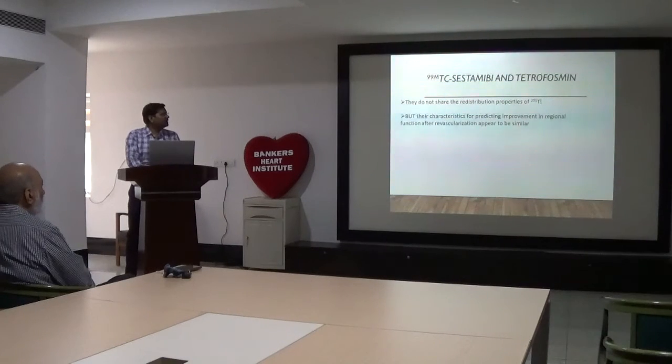Now, the technetium scan is similar to the thallium test, but the main thing is that basically technetium-99 is primarily absorbed and utilized by the mitochondria. So it is a similar principle. The only difference is that thallium primarily depends on the sodium-potassium ATPase transport, and technetium primarily depends on mitochondrial absorption.